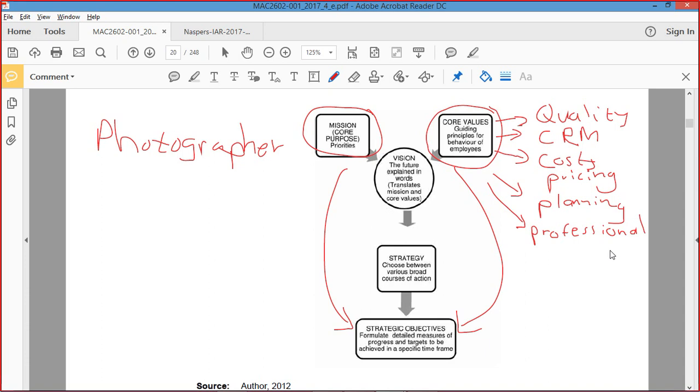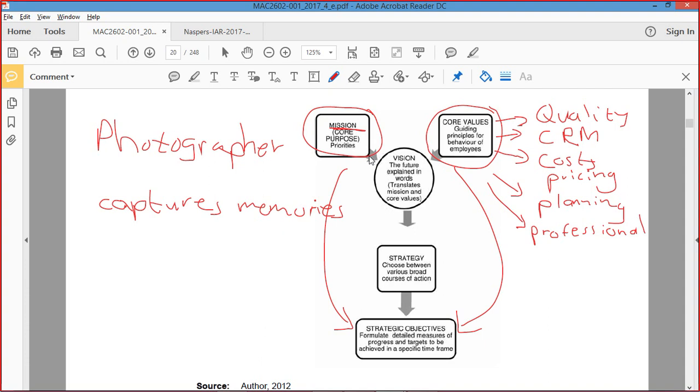In terms of the mission, though, what does photography actually do for people? Well, it creates memories for them. It captures memories, captures time. Yes. Obviously we can never get the same moment again, but the only thing we can do is preserve that moment in time by taking a photo or a video. And that captures memories. So as a photographer, maybe your mission would be to capture people's lives, or to capture people's best moments in time, or to